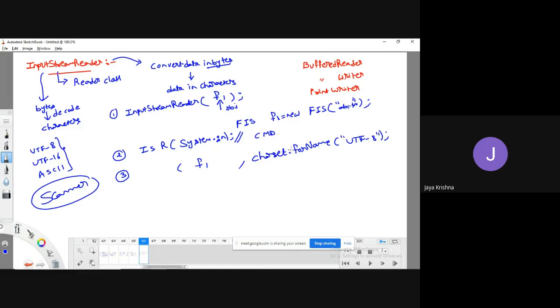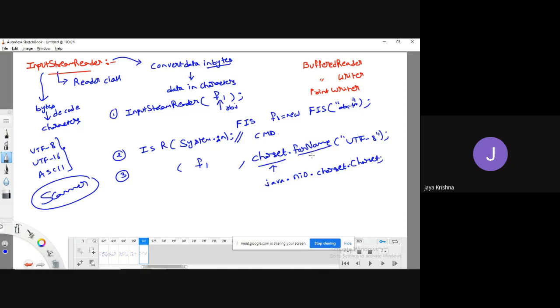Generally it is going to use the default encoding mechanism. If you want to specifically define the type of encoding mechanism that your system should use, then I can use the forName method, which is available in a class called Charset. This Charset class is available in the package java.nio.charset, so in this package the class exists.